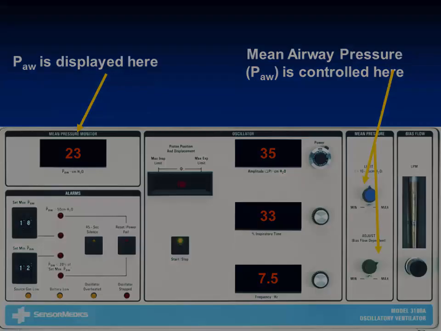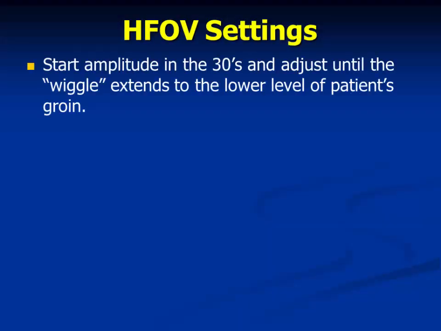This is how we set. I don't want to go into detail. So start amplitude in 30s and adjust until wiggle. Wiggle is like how many of you have seen the Bullet motorcycle and experienced sitting on that? It moves like thak, thak, thak, thak. So the high frequency is also the same way. So the wiggle factor is that vibratory movement, it should be coming down up to the thigh. If it is coming up to the thigh, it means your settings are okay. Because here you cannot auscultate the chest, you can't get anything. So you have to be sure of your pressure settings, amplitude settings, that your settings are correct.